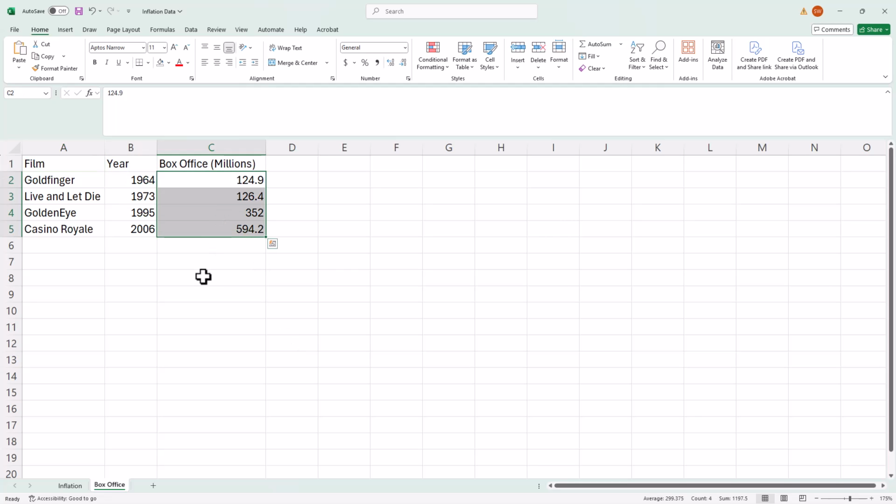These figures here are in millions of contemporary year dollars, which means that Goldfinger's box office receipts were $124.9 million in 1964 dollars, while Live and Let Die's box office was $126.4 million in 1973 dollars. Since there was inflation between those two years, we can't directly compare those without converting them to the same year's